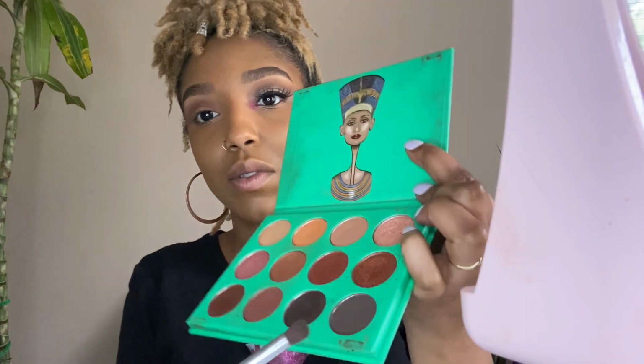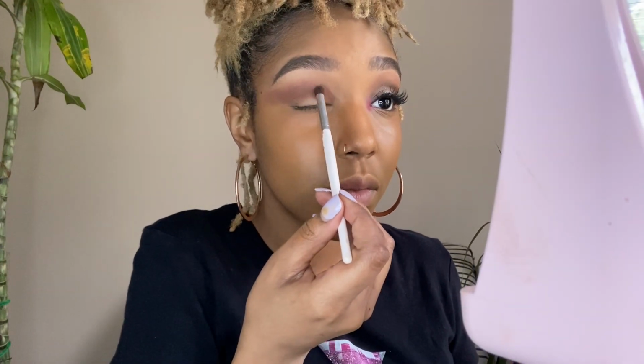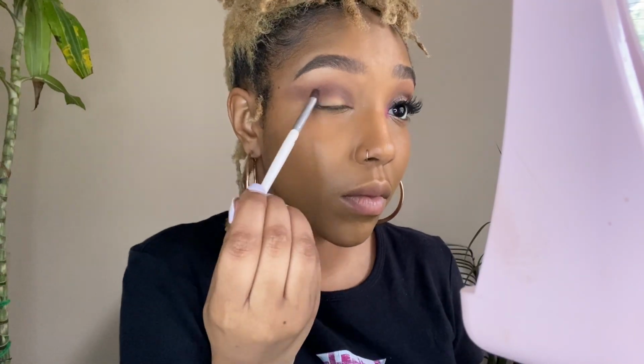Alright, so next I am going to take that dark chocolate shade at the bottom of my eyeshadow palette, and I'm going to be using my e.l.f. eye crease brush, and I'm just going to place this shade on my crease line. I'm not using a lot of product because I don't want this shade to overpower the look, so I'm just using a little bit, and I'm just going to blend this shade out